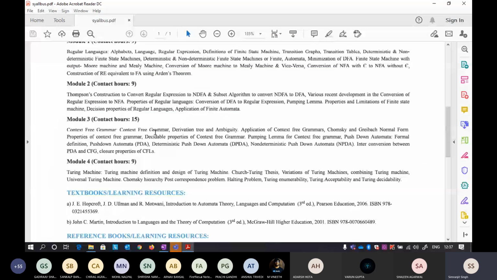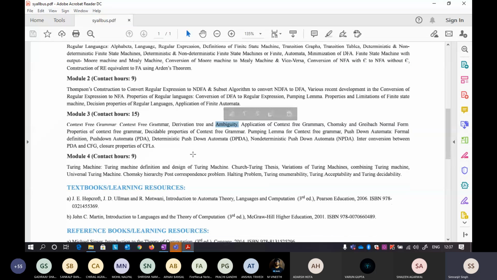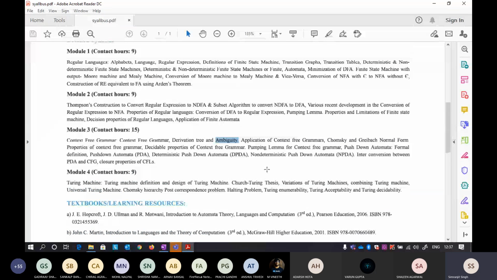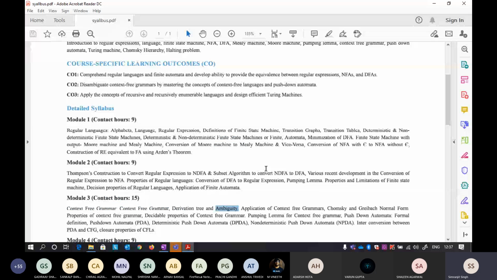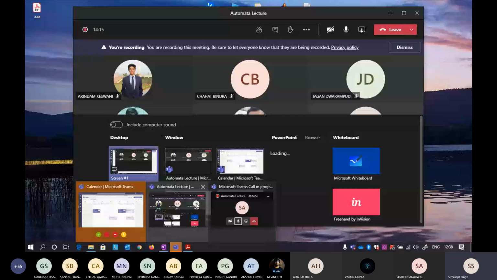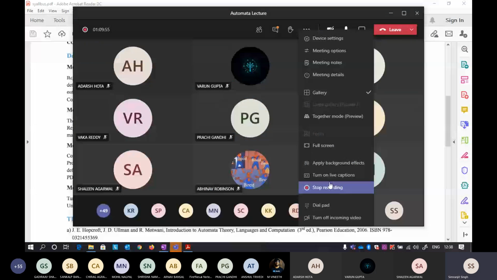And there is another thing that I had completely forgotten about, that is ambiguity. I will talk about that in the next lecture as well. Almost all of our course learning objectives as well as our syllabus are completed. I also gave you some extra topics that are not part of the syllabus, just for your complete understanding of this course. Okay, so you can move on to the next lecture, and just remember to